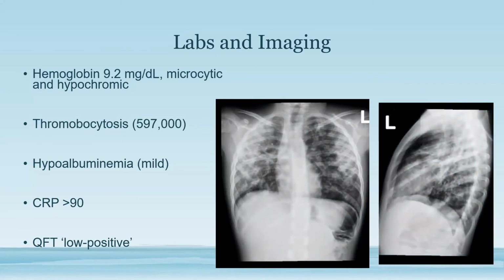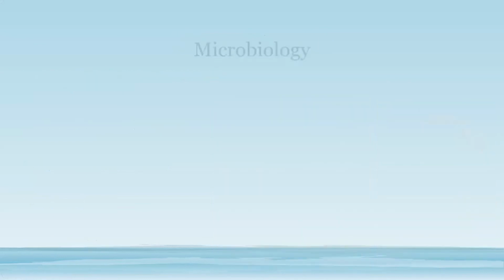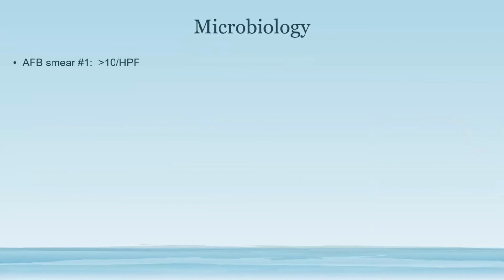So you can see marked disease, almost even like she has this compensatory hyperinflation going on due to the level of disease that she has. And the microbiology, this is actually one of the few cases that Dr. Smith and I have seen of a child in her age group who was AFB smear positive. In the 16 years I've been doing this with Dr. Smith, this is the first case that I've seen of a non-cavitary TB being smear positive, and also at this age group. So her first smear was positive.